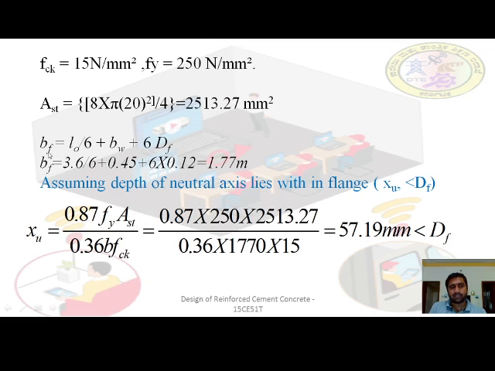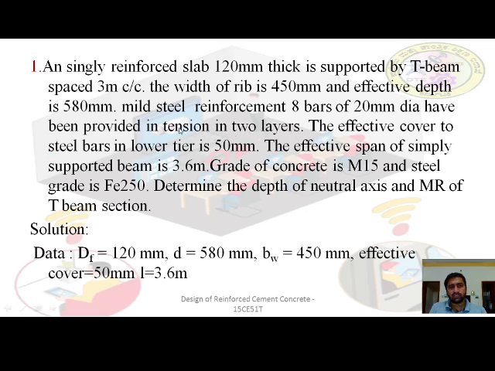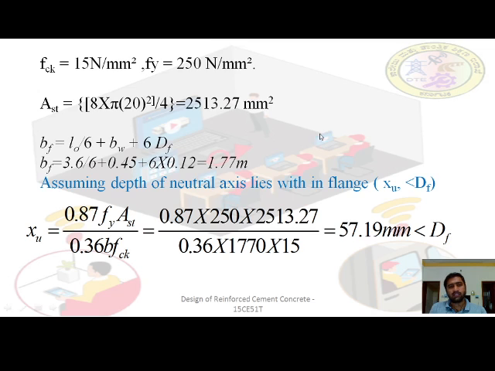So next we have to calculate the effective width of the flange. Since it is not given here directly, in most of the problems it will be given, but here it is not given. So we will calculate it using the effective width formula, that is given by L0 by 6 plus BW plus 6 times the DF. This equation is in page number 37 of IS 456. If you go there, we will get that equation. So we are going to substitute in meters only, 3.6